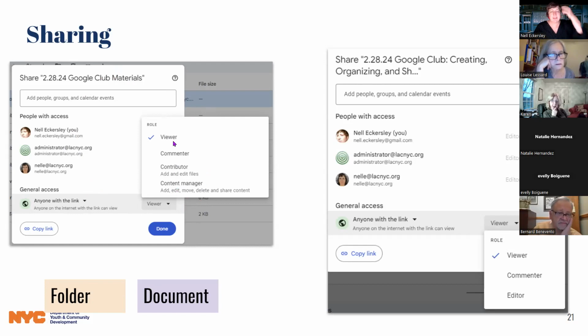And I have to double check because I did this in my workspace account, and it might be that this is not what you see in a regular account. So I will double check that and I will add it to the slides. But yes, this is the folder. So if I want to share a folder with other people, I decide, are they only allowed to see the things in the folder? Can they comment on the things in the folder? Can they add things but not delete anything? Or can they add and delete, right? Or organize? Over here on a document, we really just have viewer, commenter, and editor.